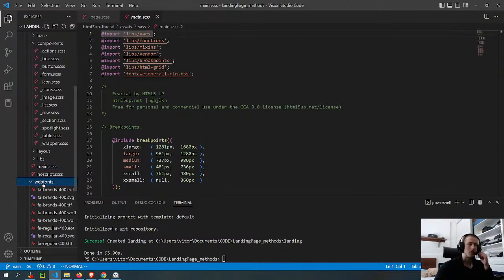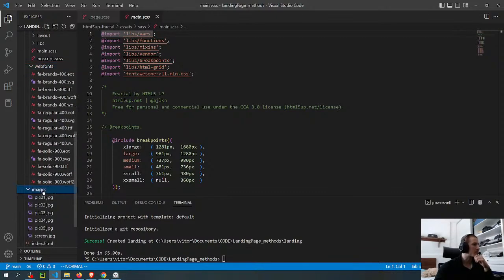And maybe it's a good thing because I never used Sass. I only used Tailwind CSS.